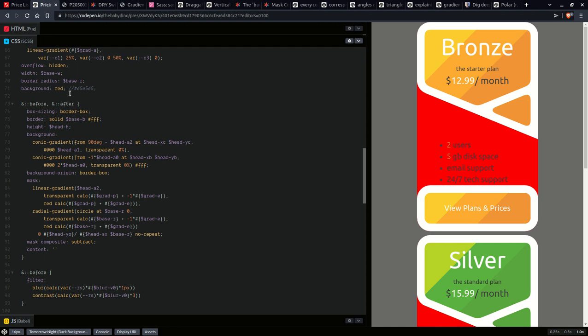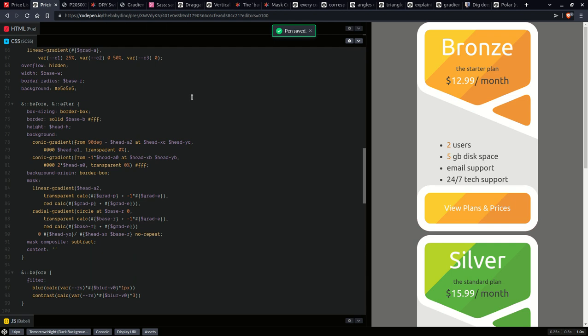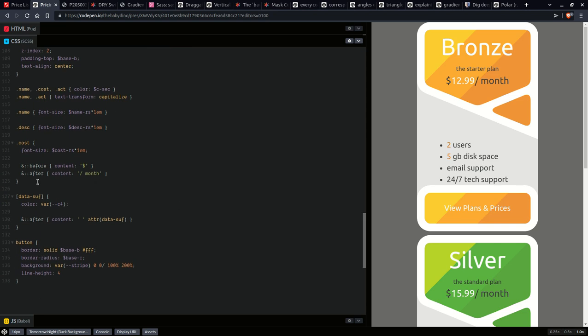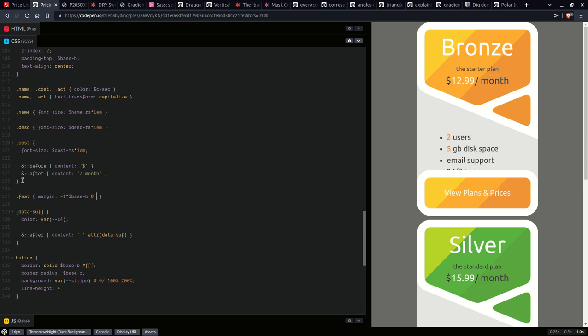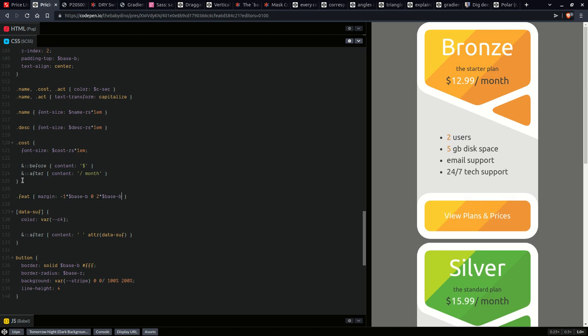So now that we've done this, we can go back to our normal background. Okay, so we have that, and we're going to have a margin, which is going to be negative at the top. So we're going to have the base border 0 and twice the base border at the bottom, because we want a bit of space before we get to the button, right? Okay, now